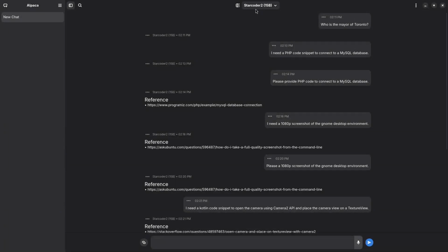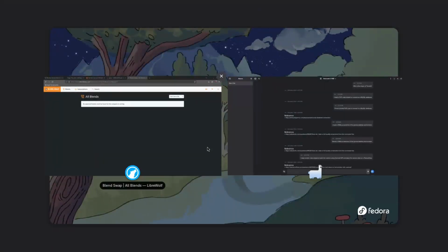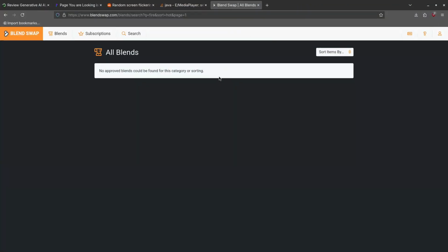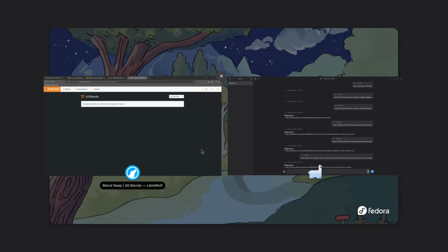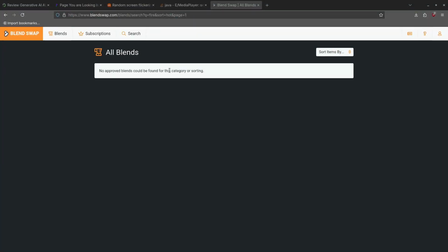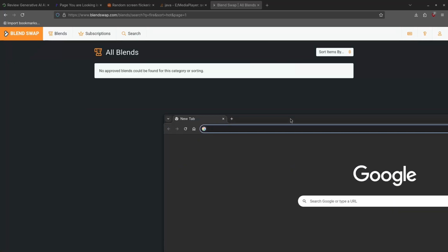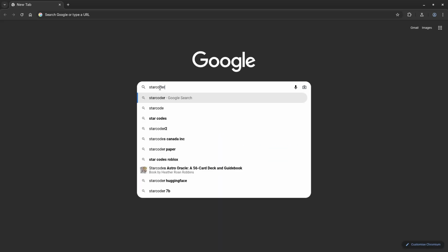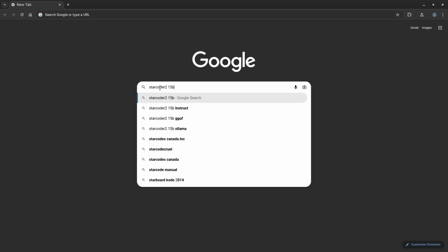Now, just to prove to you what Starcoder is, I did not pick the model to be biased. So just to be fair, I'm going to open up Chromium here so we can use Google. If I type in here Starcoder2, and we're using the 15B. Okay,